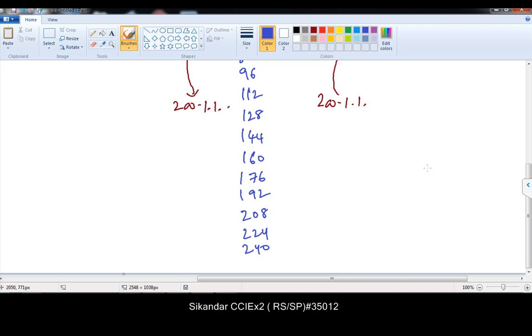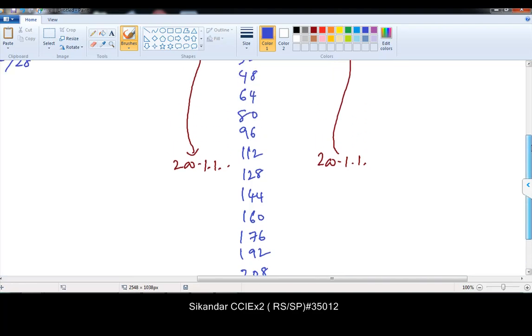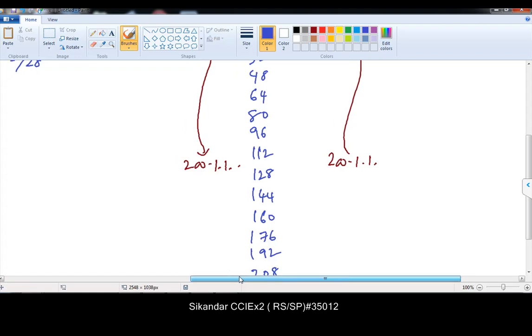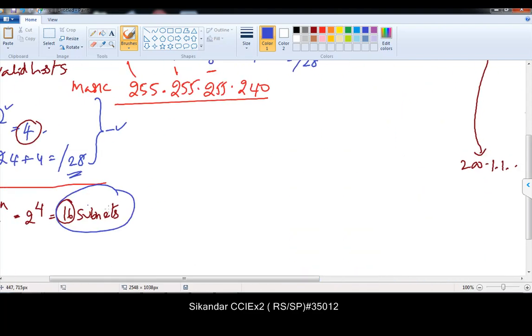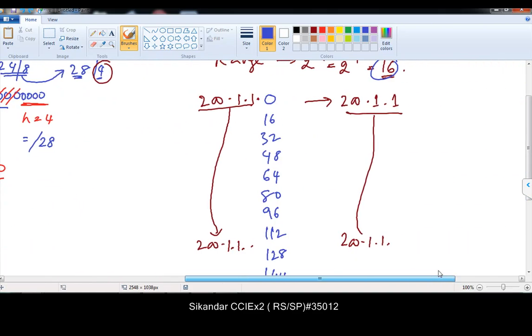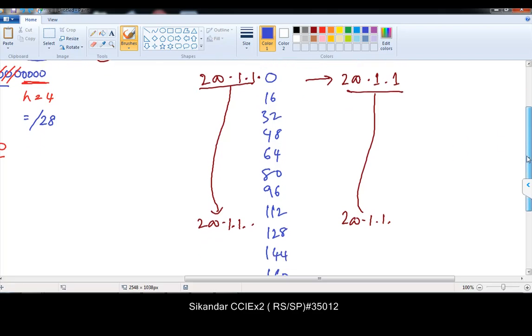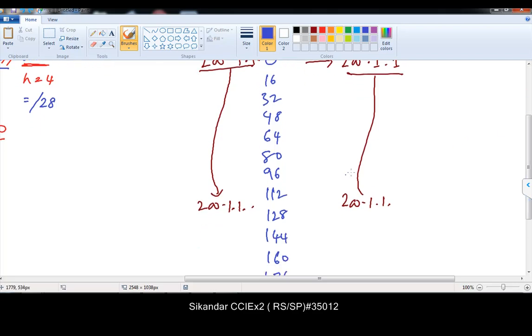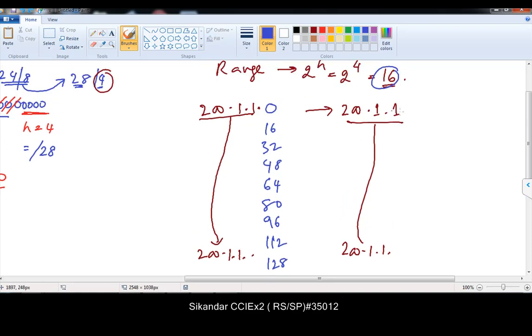So anyway, you get exactly 16 subnets, because we already calculated that here. If you remember, we did it already. Exactly, I get 16 subnets. If you just count them, it is exactly 16 subnets. Okay, let's move on. Fine, 16 subnets. So the range will be: 0 to 15 is one network, 16 to 31 is one network, 32 to 47 is another network, 48 to 63 is another network,